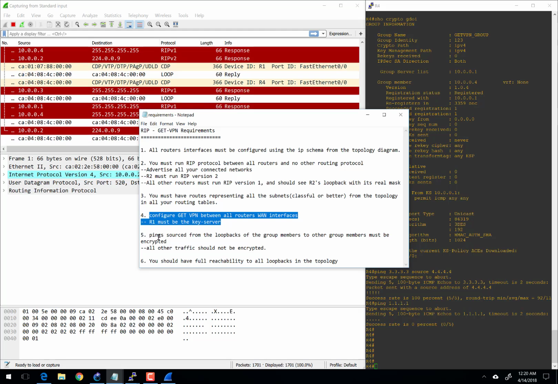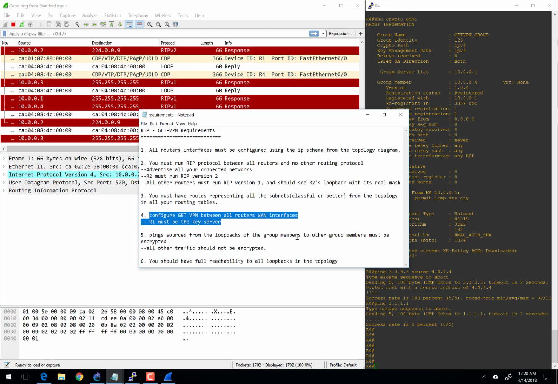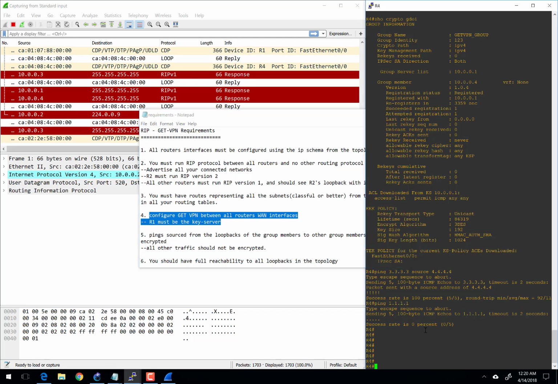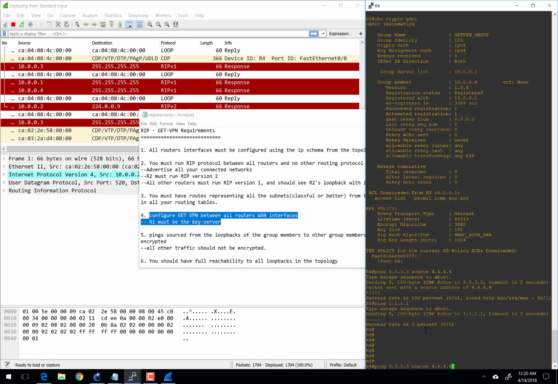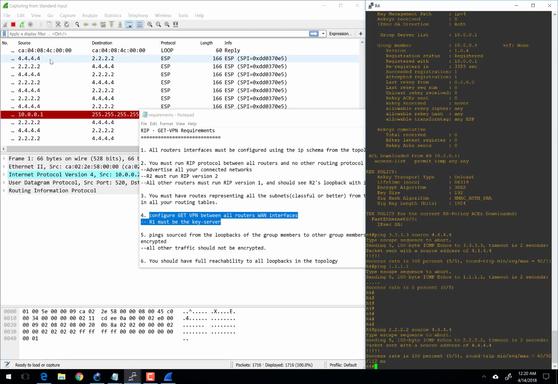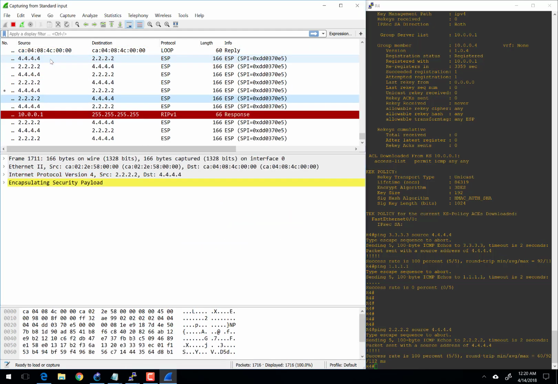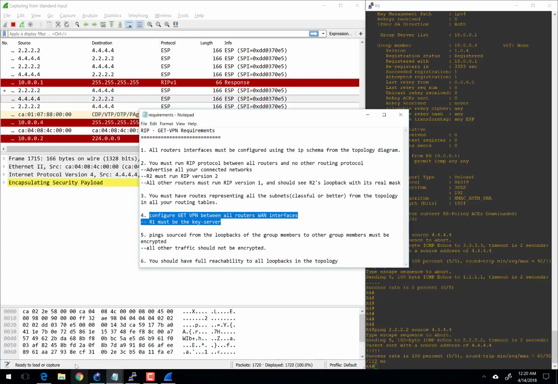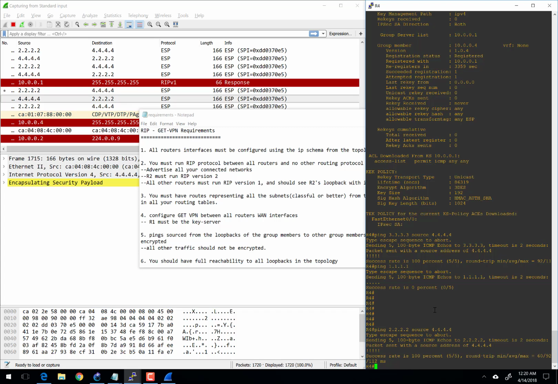Let's move on. Ping sourced from the loopback interface of group members to other group members must be encrypted. All other traffic should not be encrypted. So again, let's do the ping. I'm going to ping 2 to 4, and you see those ping packets are being encapsulated. All other traffic should not be encrypted. Okay, so let's go back a moment